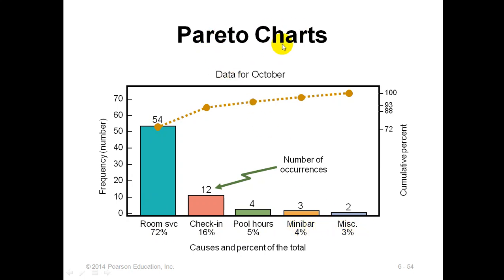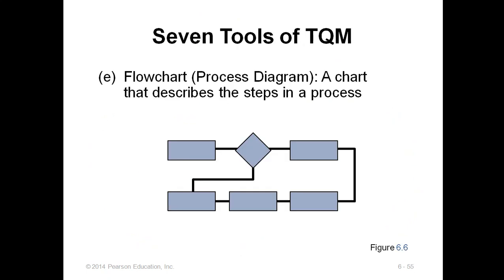So with the Pareto chart interpretation, I can say that 72% of the complaints are coming from the room service. If I resolve this room service complaint of all the people, I can reduce 72% of the complaints. So this chart gives me the interpretation of the data in a more graphical view. This is how we can improve our quality. So we'll discuss the other tool.